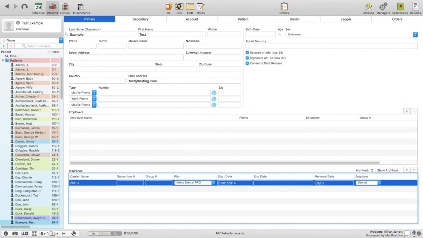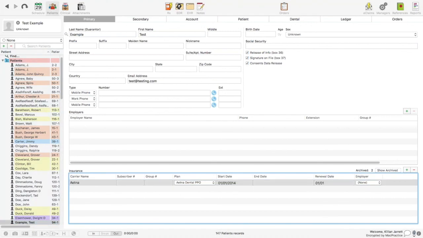And then lastly, you do have the option here to tie this to an employer if it is something in relation to their employer. All right, and that is going to wrap up part one of insurance estimating, just mainly covering the setup